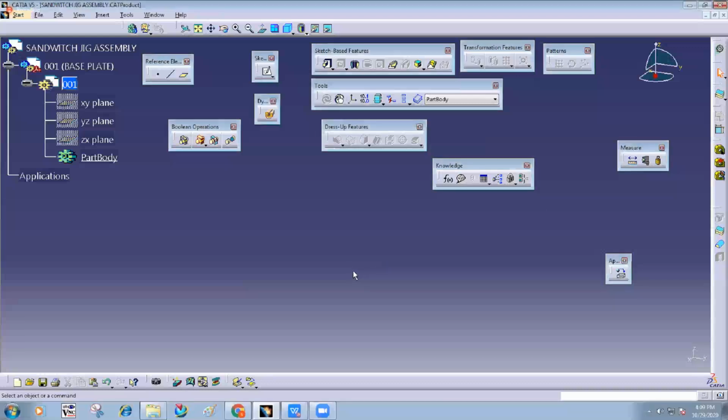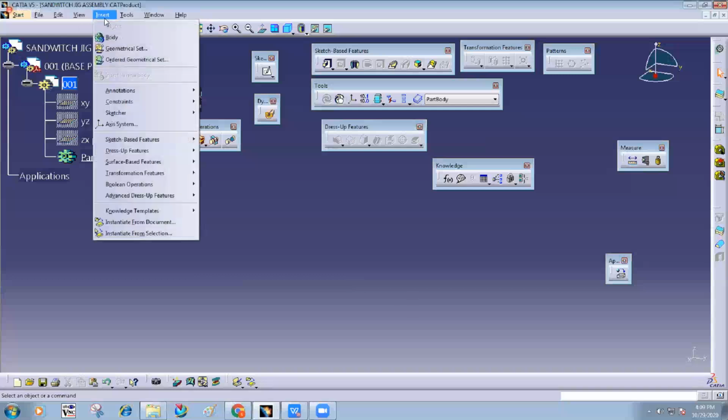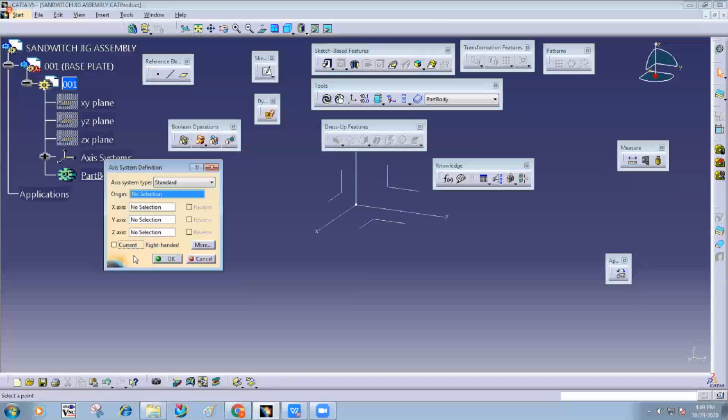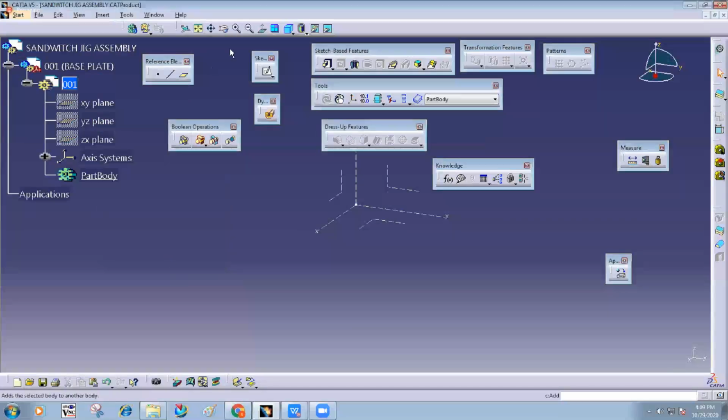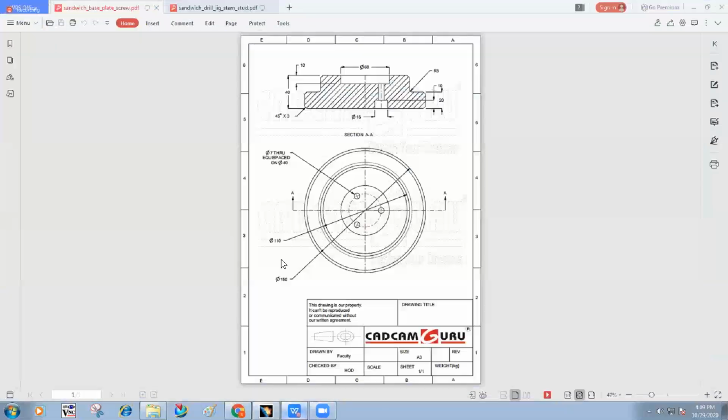Now the first procedure, this is a similar kind of part design. Introduce an axis system, click on OK, and design that part. What is that base plate? So this is that drawing. Take a screenshot of this.